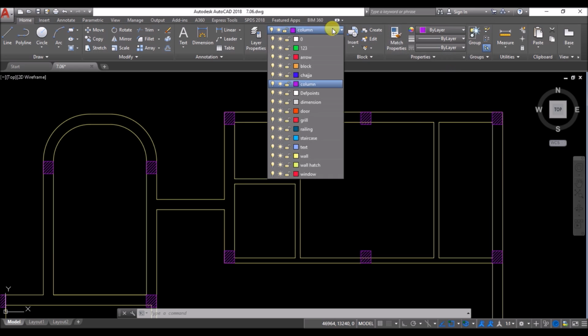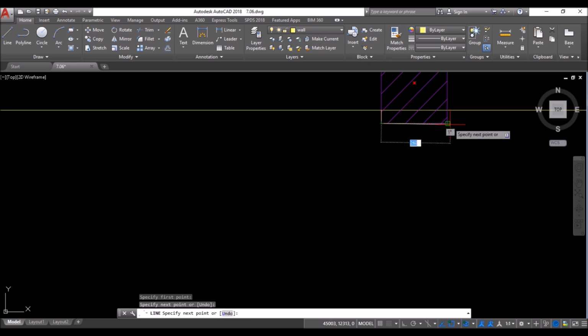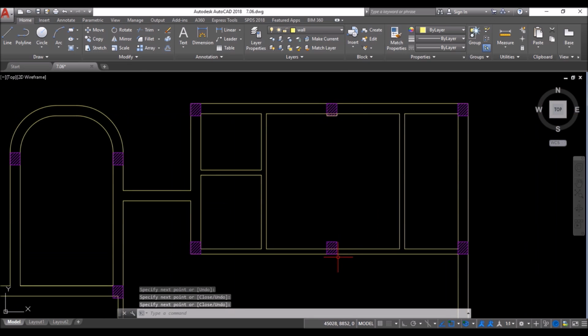Then again set the wall layer as the current layer, click on line tool and draw a few lines across some of the columns as shown.